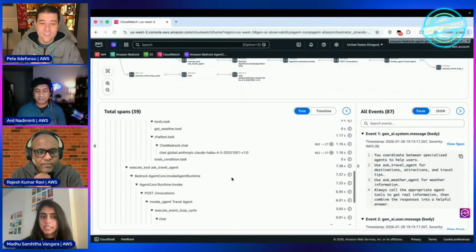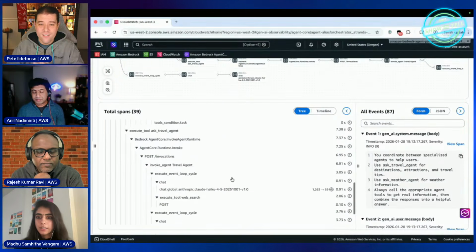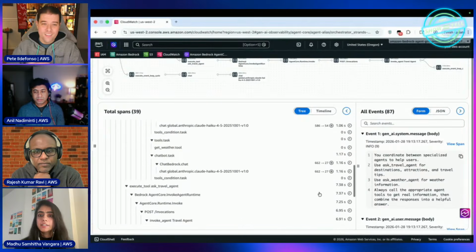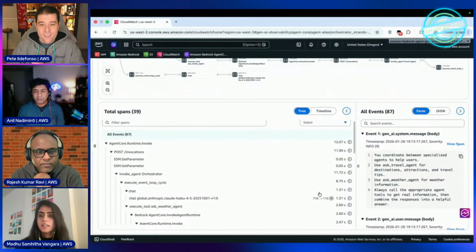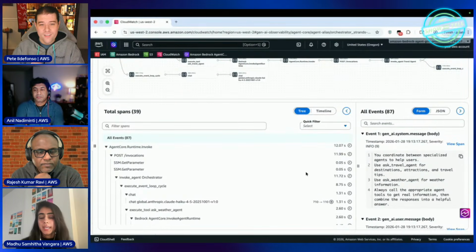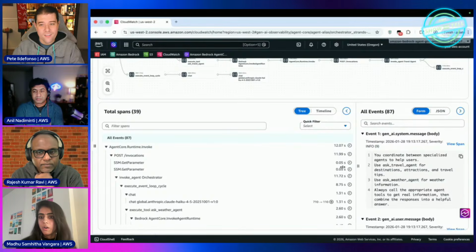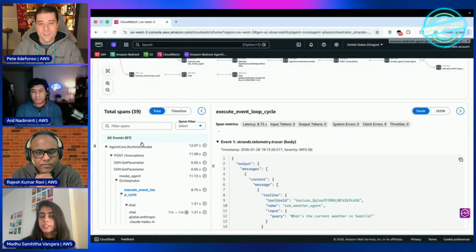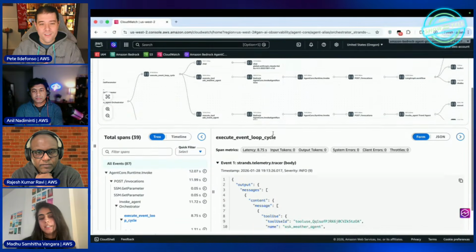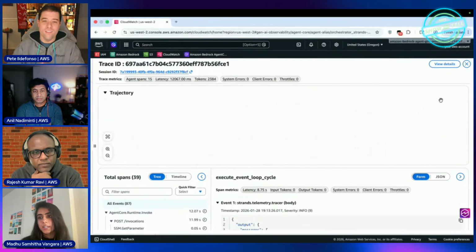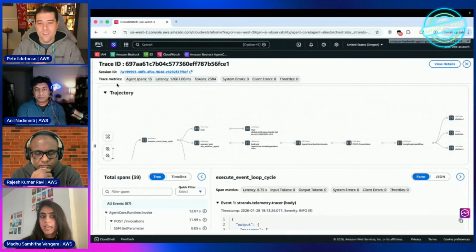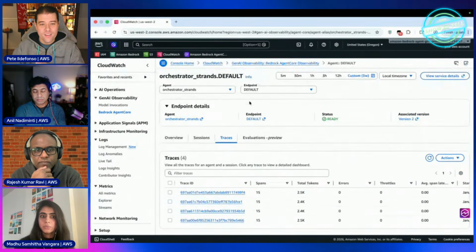Absolutely. So along with the trajectory view, we also have a tree view, which also stitches the latency aspect together. And another key aspect is understanding how it is able to stitch the logs and the spans and the metrics together all in a single place. So you're also able to, for example, see span level metrics, trace level metrics, and session level metrics in the sessions view as well. So here you can see that the orchestrator agent had just 15 spans associated with its